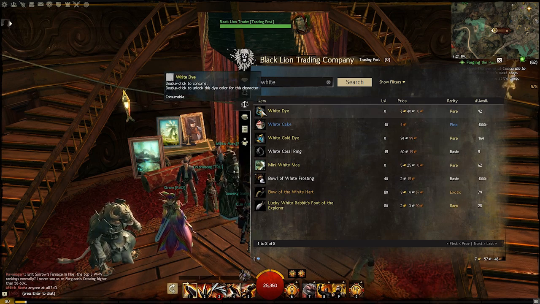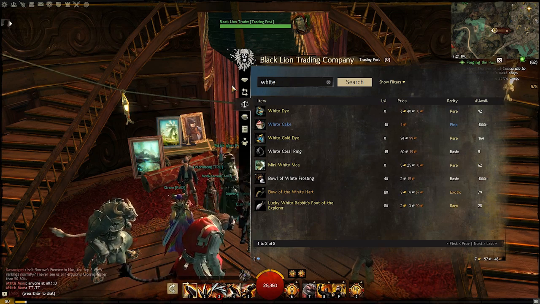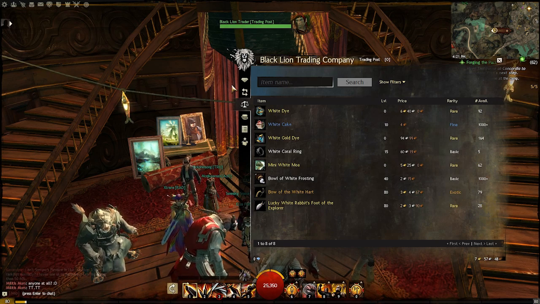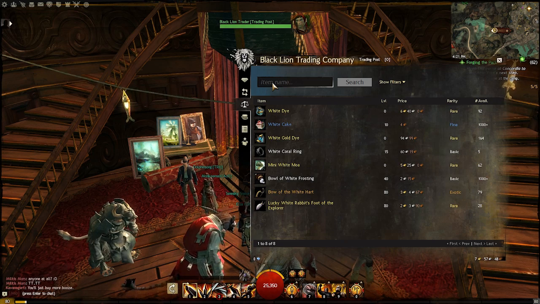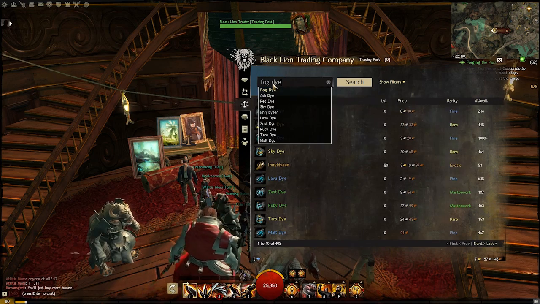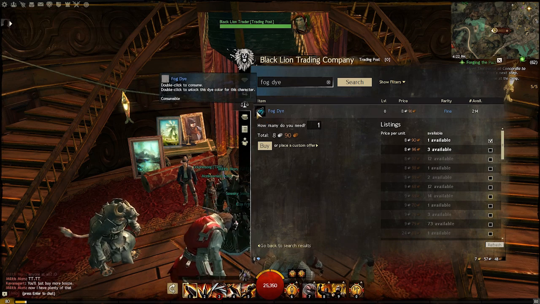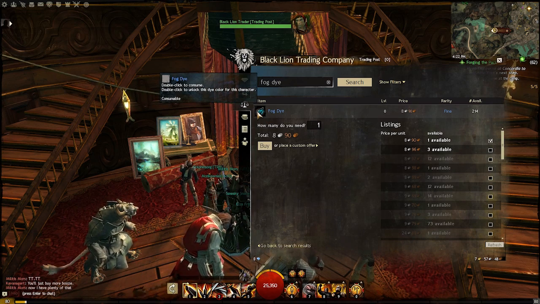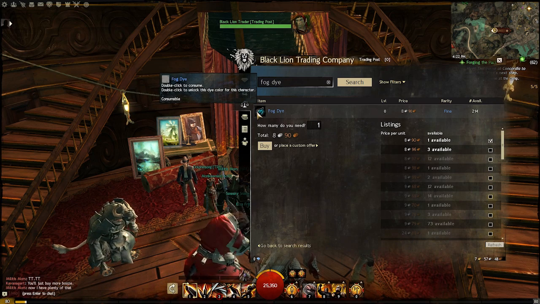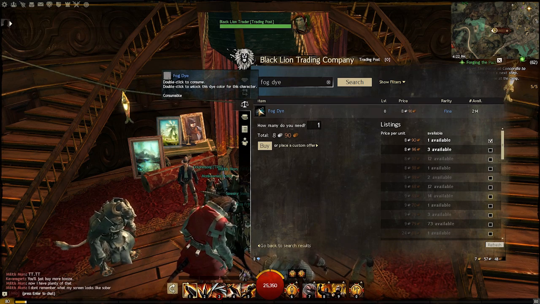And then there's one more that I think is a lot cheaper and even better than the white gold dye, in my opinion. You could look up all the images of how this dye looks on different types of gear on the Guild Wars 2 wiki. But the last alternative to white dye is fog dye. Fog dye is 8 silver, and it gives you a fairly nice kind of grayish white. It's not going to be as rich as the Celestial or white dye, but it's definitely a good alternative until you either have the cash, or until you get it out of a